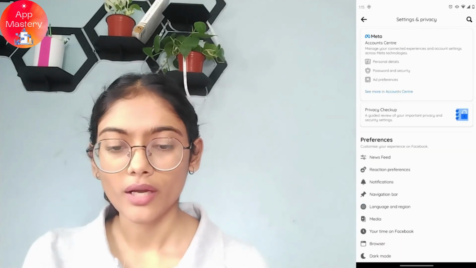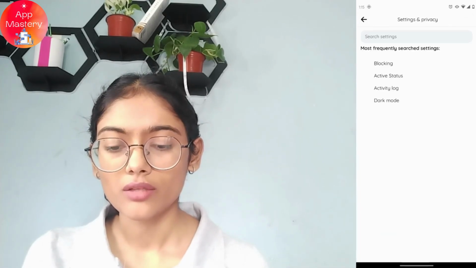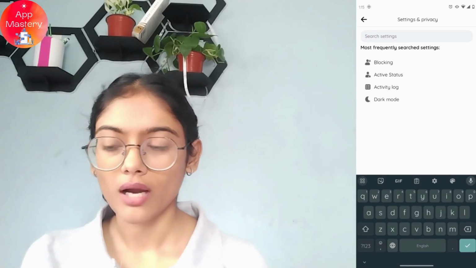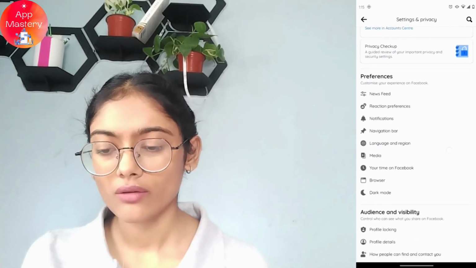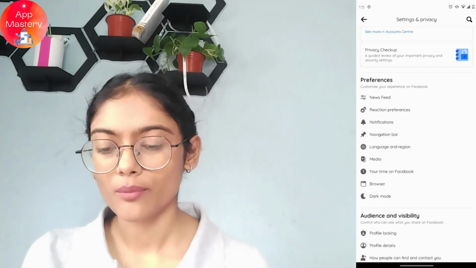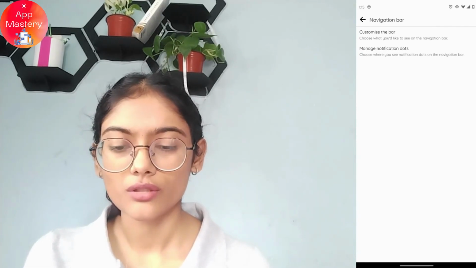And here on the upper right corner you will have a search icon. You can simply tap on that, and then you can search for navigation bar or status bar, or you can also go back, and then if you scroll down under this preferences, you will have navigation bar. You can simply tap on that,